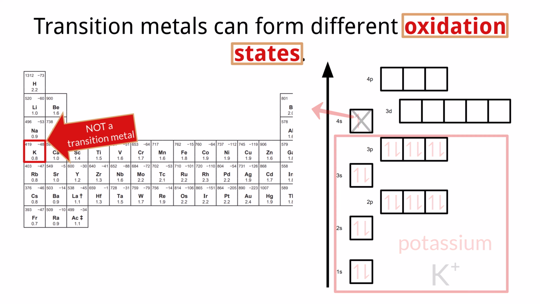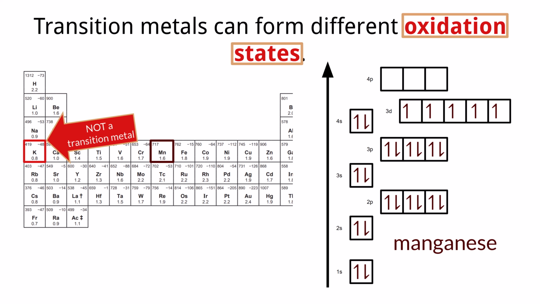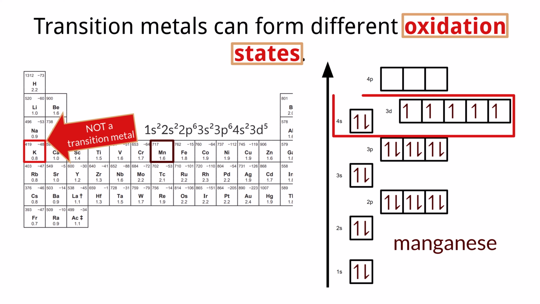We can contrast this with manganese. Manganese is a transition metal and has outer electrons in the 4s orbital and 3d orbitals. The full configuration looks like this. The key thing to note here is that the energy levels of the 4s orbitals and the 3d orbitals are very close. This means that the successive ionization of elements like manganese can happen more easily, which leads to varying oxidation